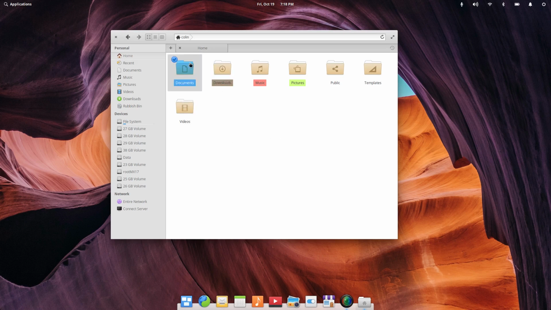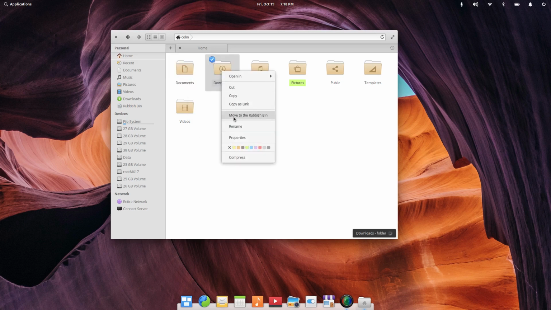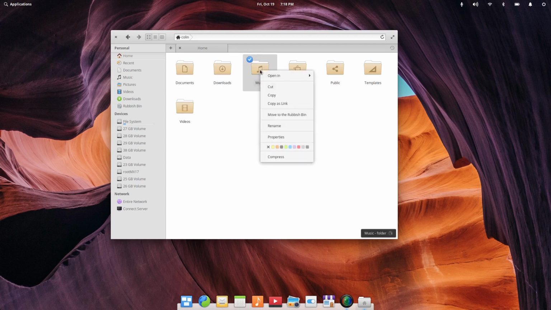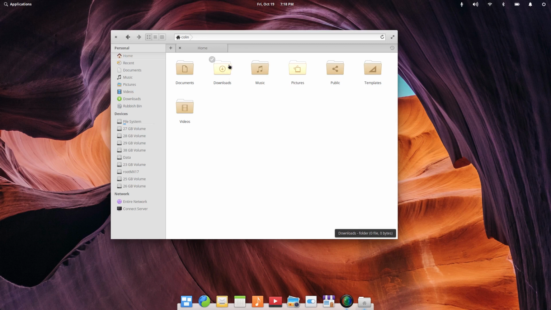So there we go. If you want to change it back to original, just press the X and it goes back to original. So that's a handy little feature, and maybe that's the way it's been designed, I'm not sure. Normally on most occasions, I think in Linux Mint the actual icon changes colour. So